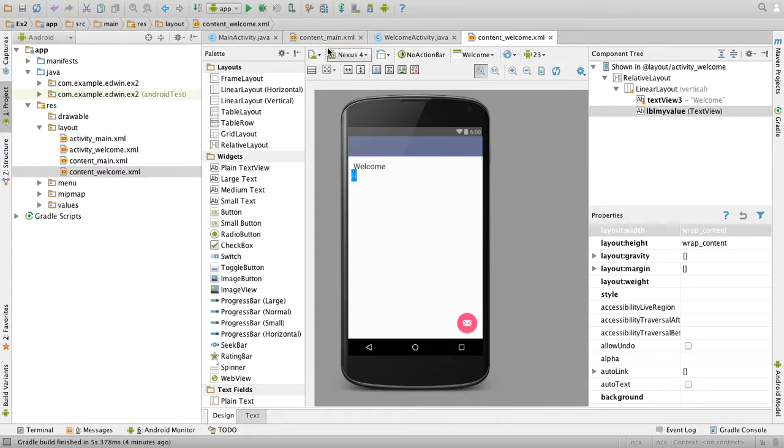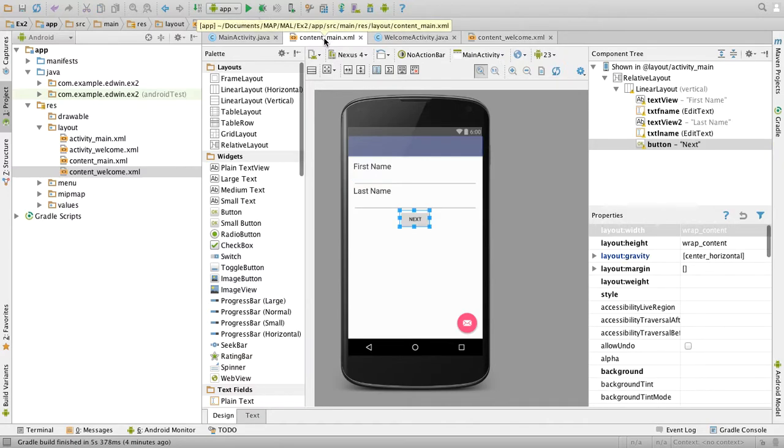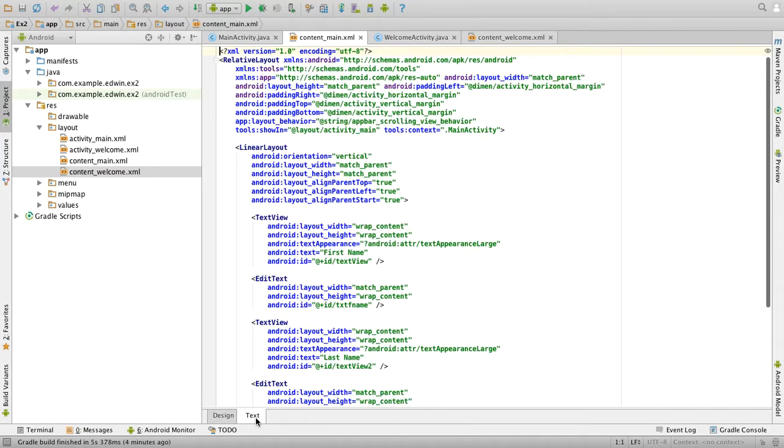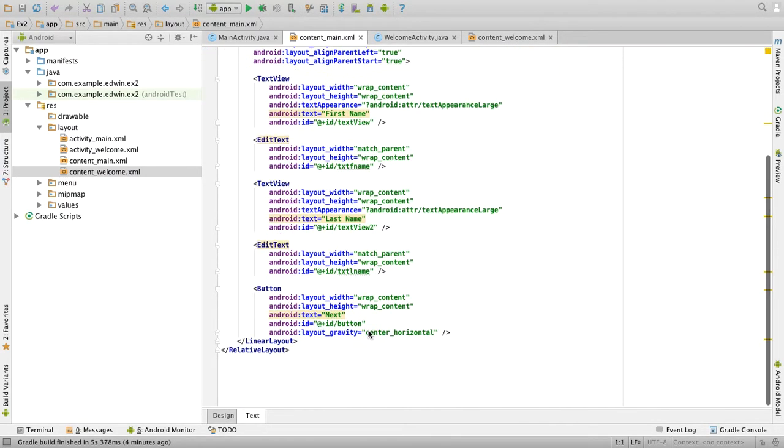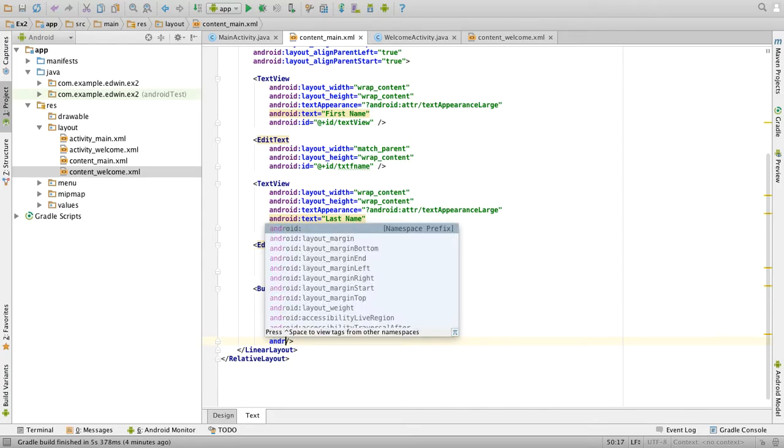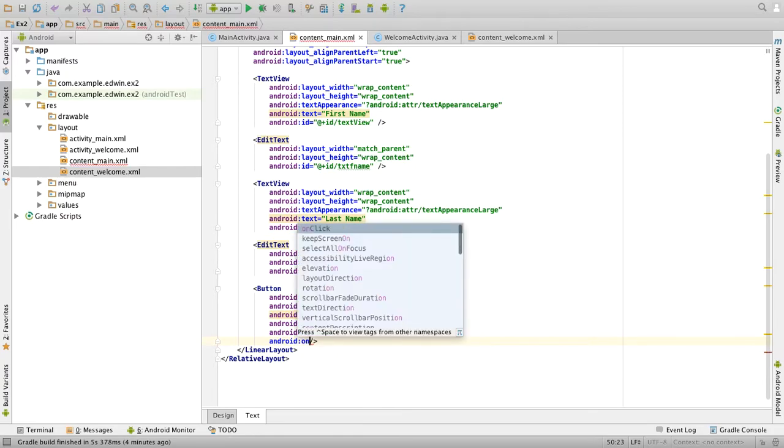So now come back to the content main.xml file. Now we have to write code here. When we click on next, it should go to the next screen. So go to the text view now. Just come to the area of the button. So here write android:onClick.